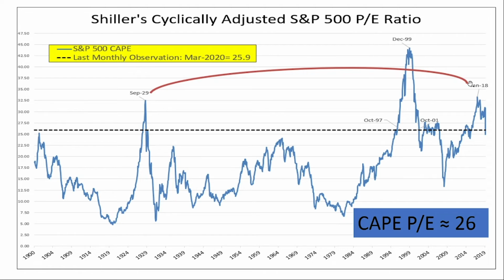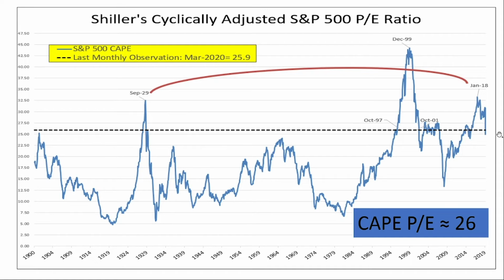Now, the other thing notice from this chart is notice that a recession doesn't start when valuations are at their extreme. Right? The 2001 recession was a year and a half, 2 years after we peaked. So the fact that we're in a recession today and this valuation started rolling over in January of 18 is normal. It's normal. We're still expensive today, though, folks. We are still very expensive today.